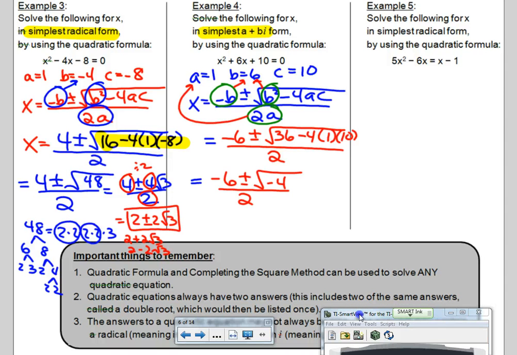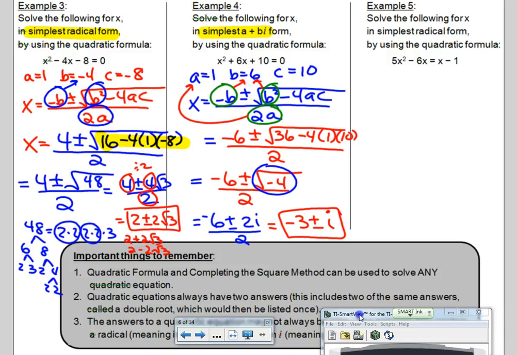Okay, so now what I'm going to do is simplify radical negative 4, which we learned last unit is a 2i. And then I'm going to simplify this fraction, and 2 can divide into both terms. And that's your final answer. Again, since it's not pretty, you may leave it in that form. You don't have to split it apart. And you can have a fraction left as an answer. There can still be a denominator left. We just haven't done a problem like that, but you could have one. We'll see what happens on problem